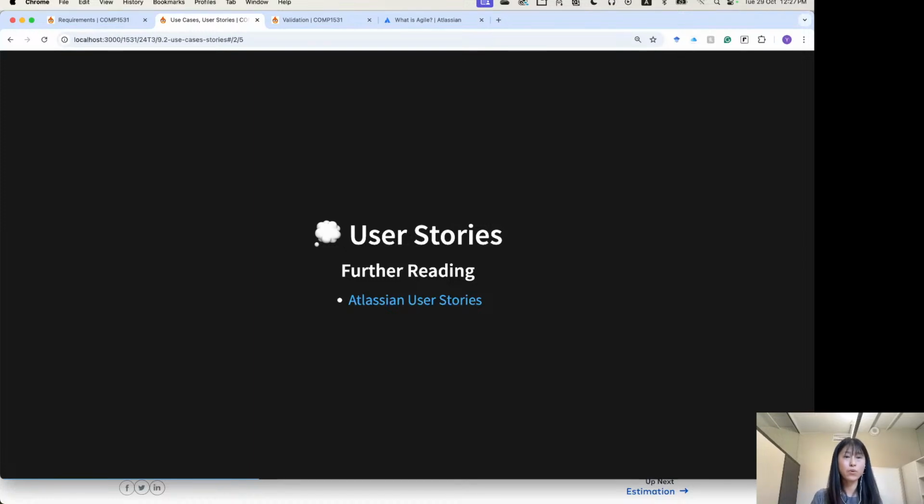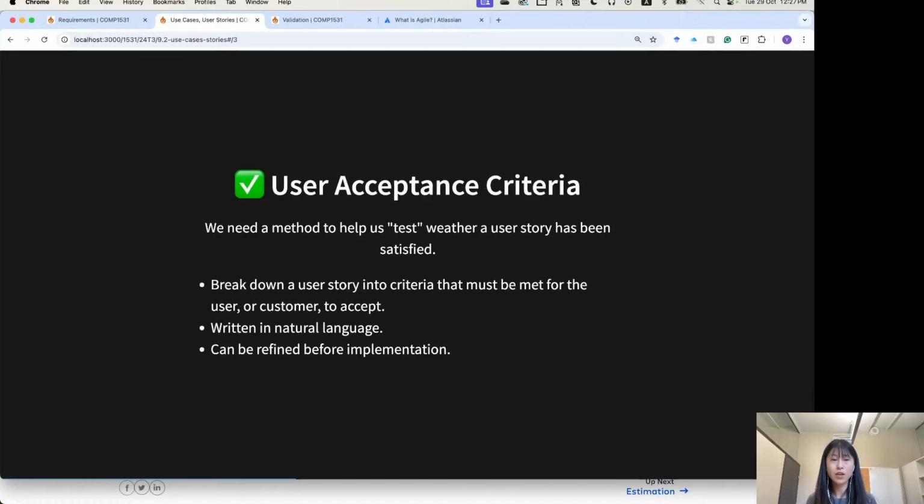Okay, so by now we've talked about what a user story is and how to write good user stories. So now we'll move on to talk about how we can test whether a user story has been satisfied. Here's a typo, sorry, I will fix that. The way that we can test whether a user story has been satisfied is by writing the user acceptance criteria. So we can break down a user story into criteria that must be met for the user or customer